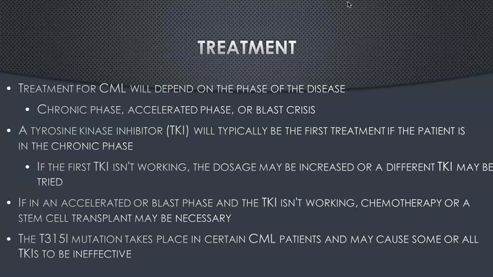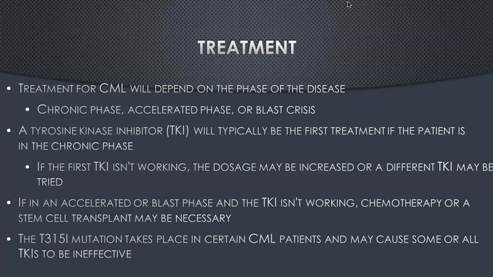If the patient is in an accelerated or blast phase and the TKI isn't working, they may need chemotherapy or a stem cell transplant, depending on if they have a donor and if they're a good candidate for that. And there is a mutation that's possible. So the T315I mutation takes place in certain CML patients, and that can cause some or all TKIs to be ineffective. So there's only 2 TKIs that could possibly be effective, and it's also possible that neither of those could work, in which case the people with that mutation may need to either seek out a clinical trial, try chemotherapy,